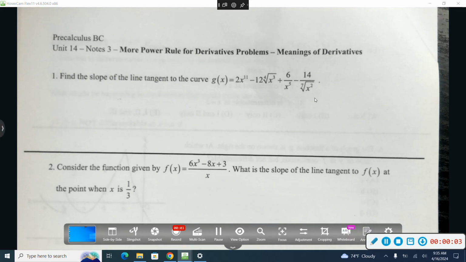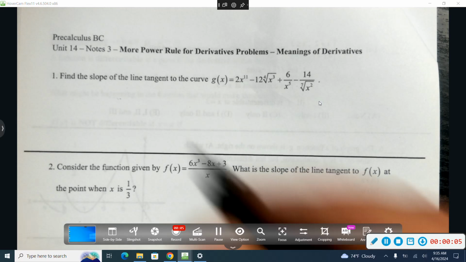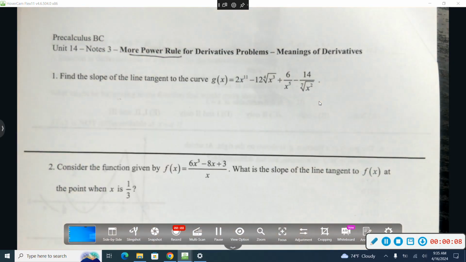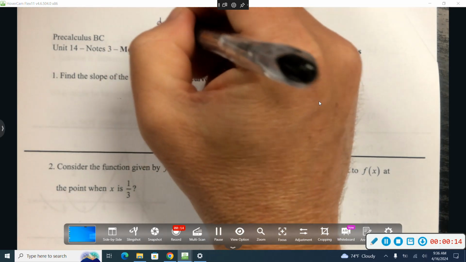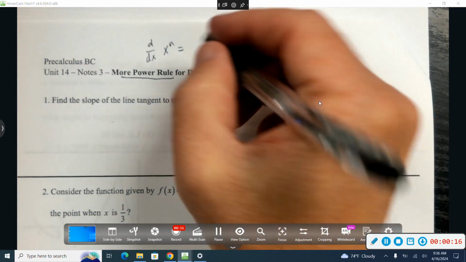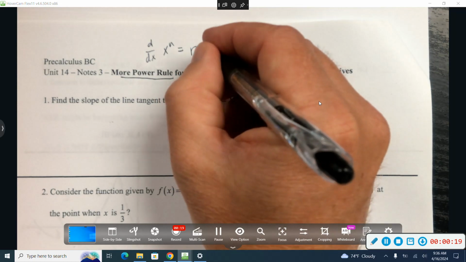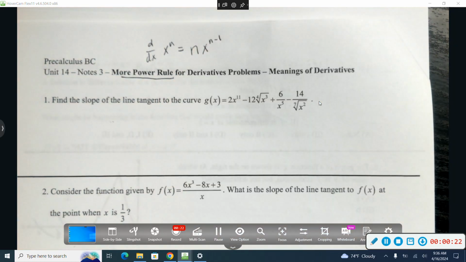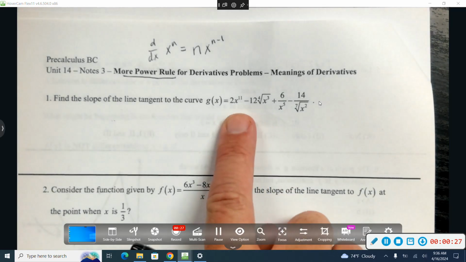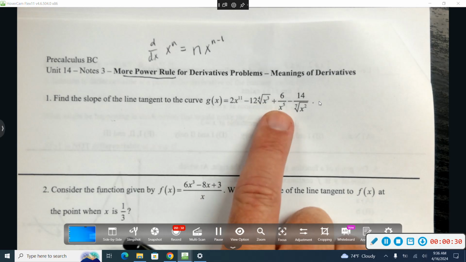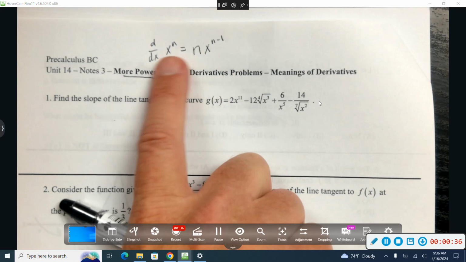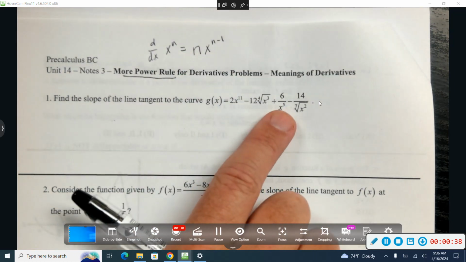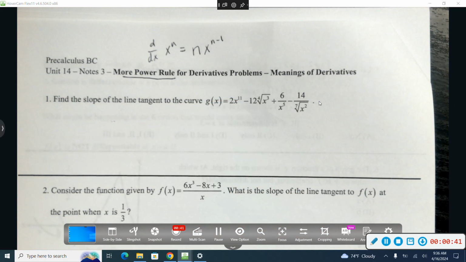All right. Notes 3 for this unit, more power rule problems. So there's no new rules today. It is the same. We want the derivative of x to the n. We move the power down front, and we decrease the power by 1. And then, again, how we make that tricky is things like this first example with weird roots and powers and things in the bottom because that's negative. And so, there's really not a way to complicate this other than to make the numbers fractions and negatives. So let's see what other tricks we can pull with this